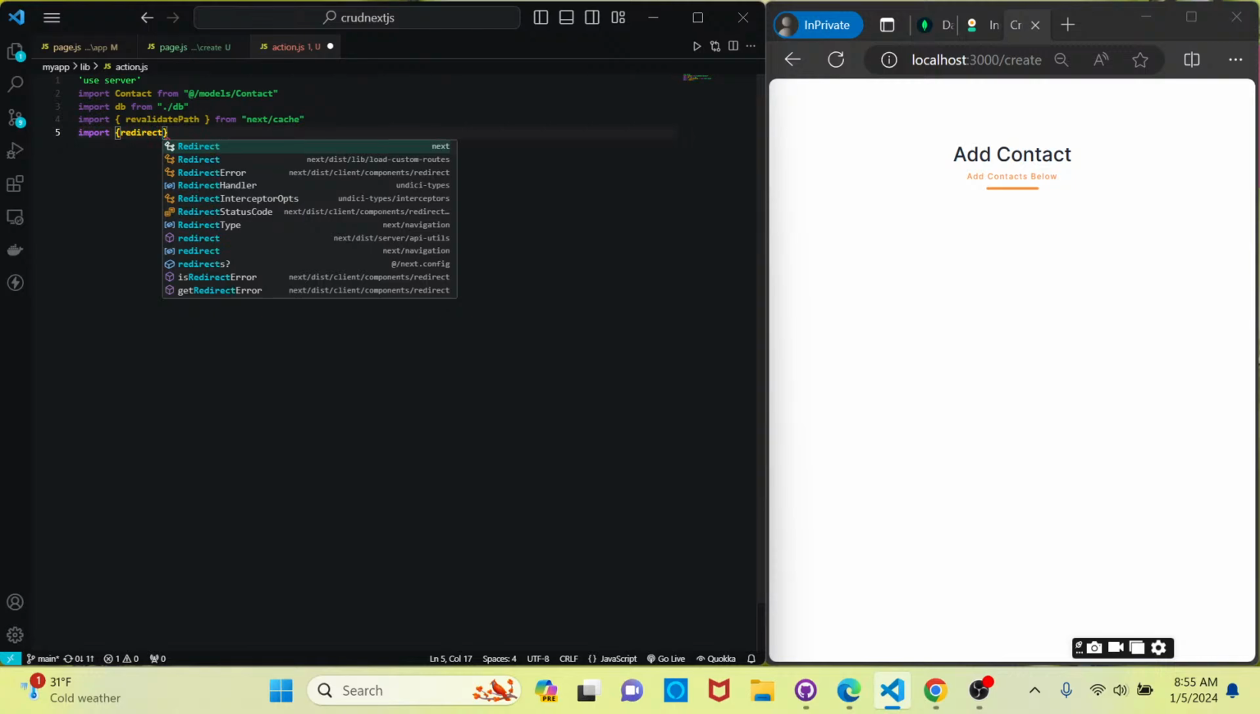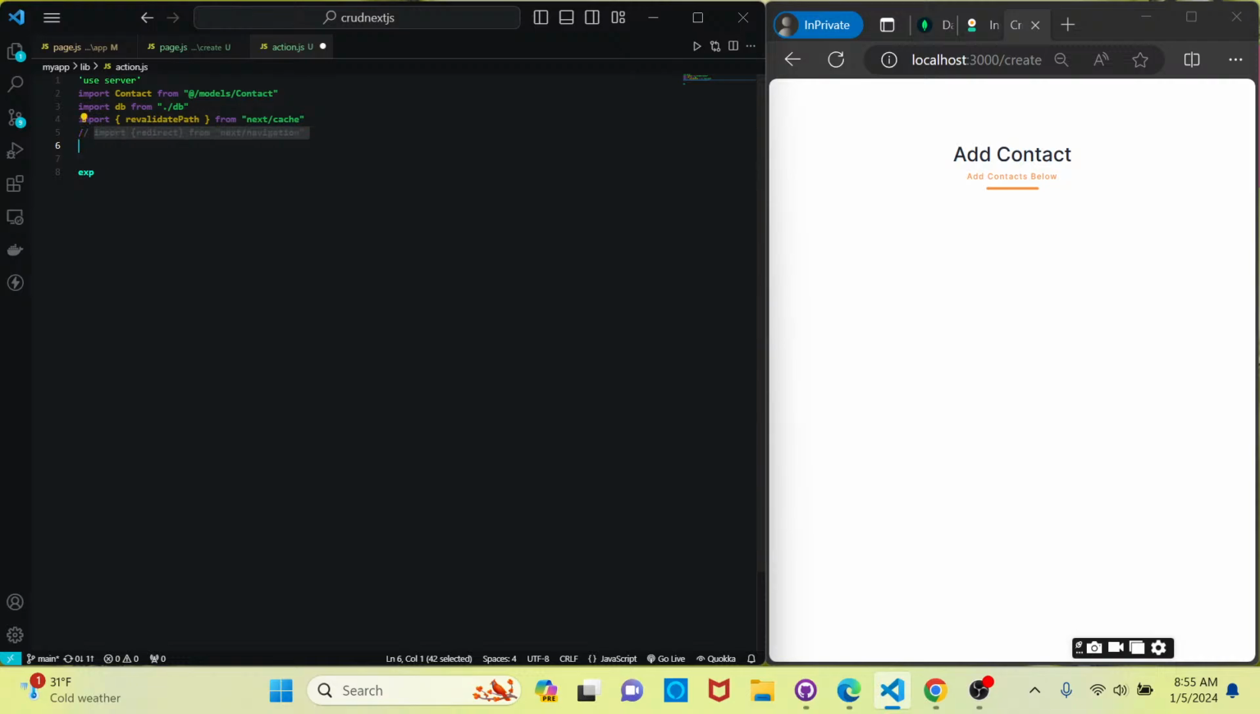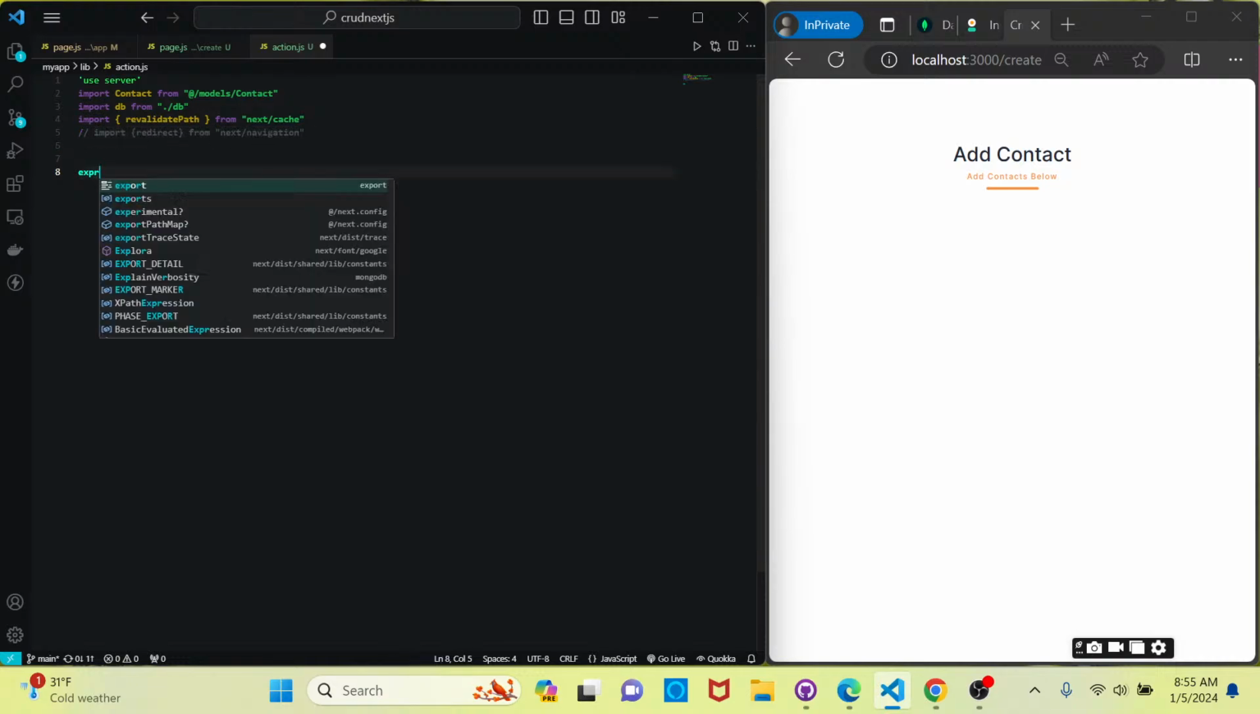RECT, and this is going to come from next/navigation. We'll hit save, and then I'm not sure we're going to need this one, so I'm going to comment it out for right now. So we'll go with export